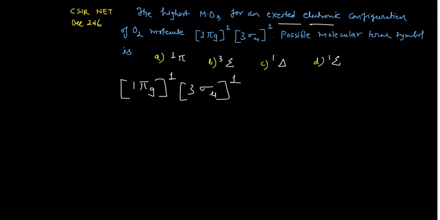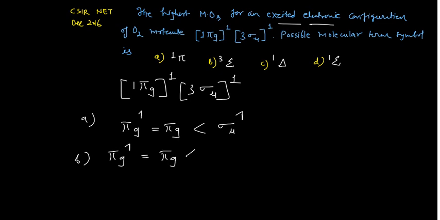Okay, so what are the possibilities? I can give you the possibilities of how you can write it. In the first one, you may write this pi g having this electron and the other pi g having nothing, and then you have your sigma u, which may have this configuration. But another possibility is also there: you have the pi g with this spin, that means this positive sign, and here is nothing, and in that case this is sigma u and it has the anti-parallel spin.